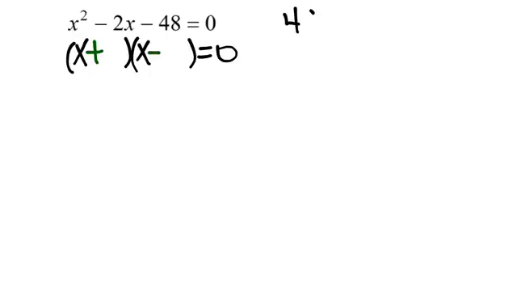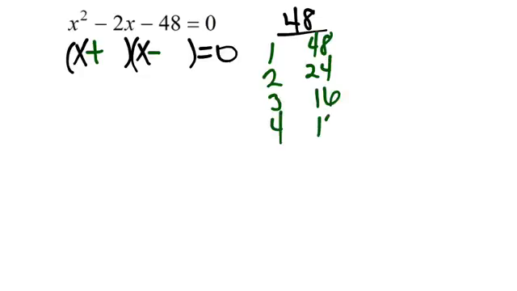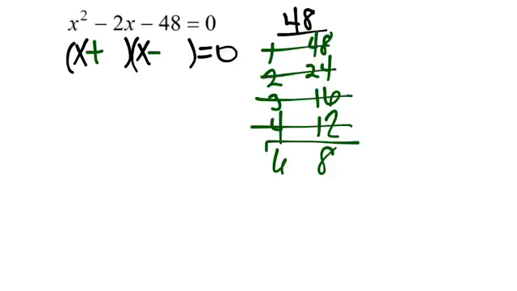Now I'm going to create a factor tree for the number 48. 1 times 48, 2 times 24, 3 times 16, 4 times 12, 6 times 8. And I ask myself, which one of those, when I add or subtract, will give me my middle number? My middle number is a 2. Well, 1 and 48 is too big, 2 and 24, 3 and 16, 4 and 12,